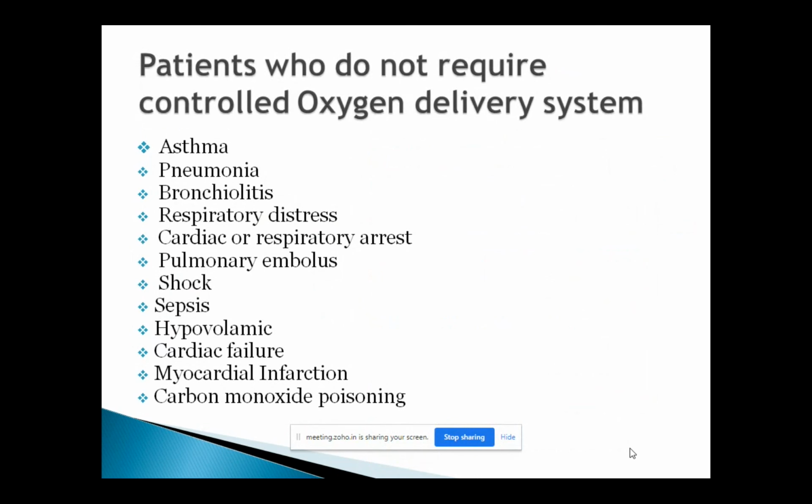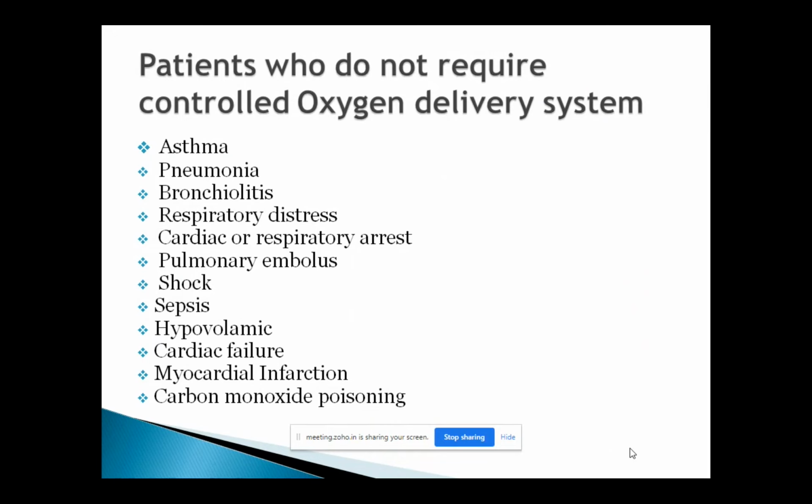So we need to know which patients do not require controlled oxygen. For example, all the devices, nasal cannula, simple face mask, non-rebreathing mask, or partial rebreathing mask, come under uncontrolled oxygen delivery systems. The reason is you can only tell how many liters you are giving, but you cannot tell what percentage the patient is achieving. Even if you're able to tell the percentage, there is only a variation. You may be able to say the patient is getting 50 to 70 or 50 to 90, but you can't specifically say how much FiO2 the patient is getting.